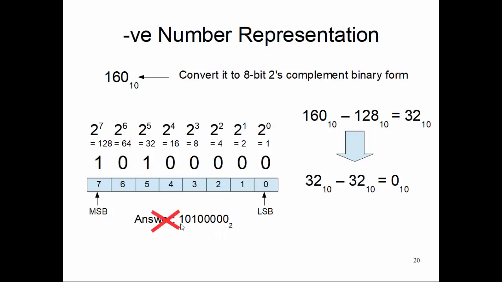absolutely wrong, because we are talking about 8-bit 2's complement, and if a bit pattern is leading with 1, it has a negative value. It represents a negative value. It's not a positive value. So we are talking of converting 160 with 8-bit 2's complement,